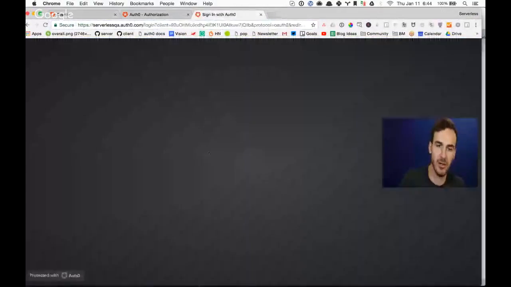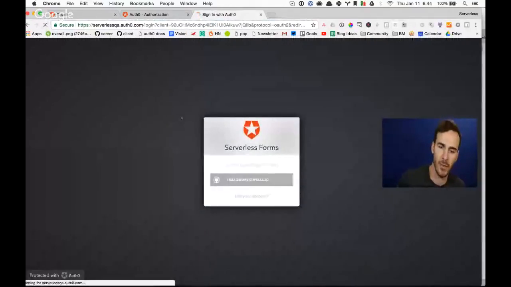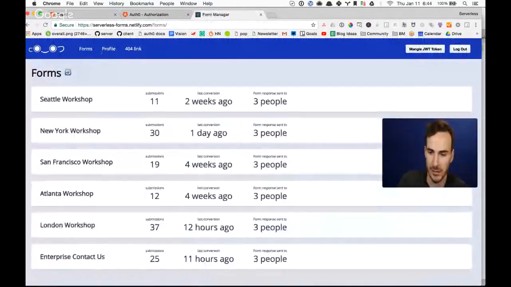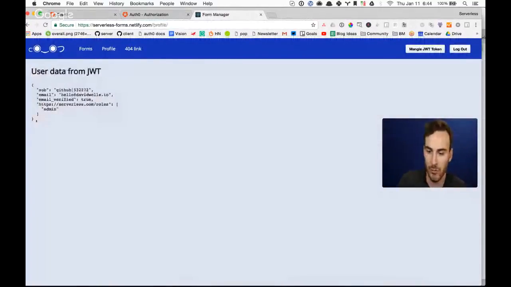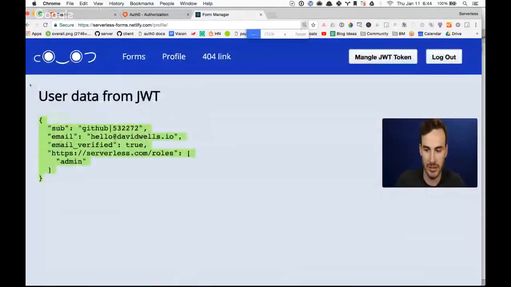All right, so I'm going to log in again. Show you that I am indeed an admin. Cool, I'm an admin. If I look at my profile, this is actually the decoded JSON Web Token. Let me zoom in on that. The sub is actually, I logged in with GitHub, so that's my GitHub user ID. That's my email. Don't spam me. And then these are the roles that are included in the JSON Web Token